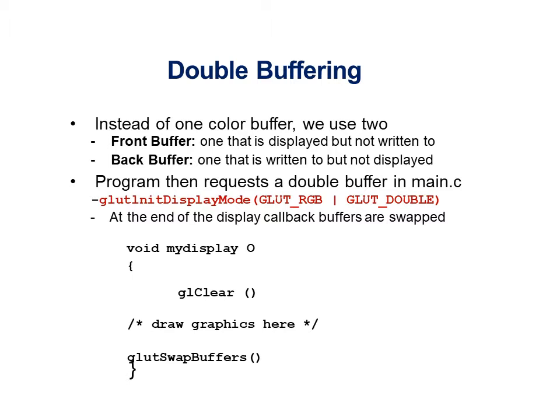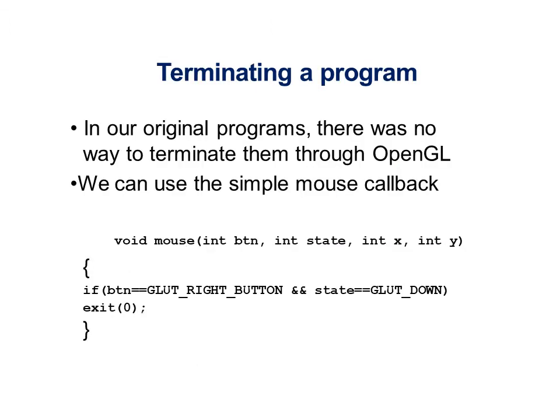Only when you have these two, the program will be able to give you the animation effect. It will make use of two buffers and it is going to swap them. The meaning of swap buffers is exchange. So the front buffer and the back buffer are going to work together. One is going to display and one is going to write. One is going to write and then it is going to be displayed. In this way you are going to get the output.